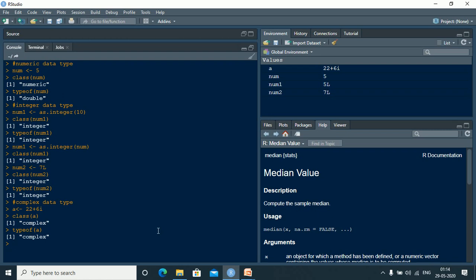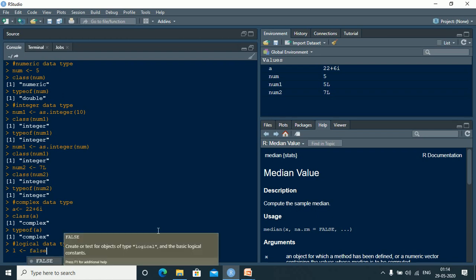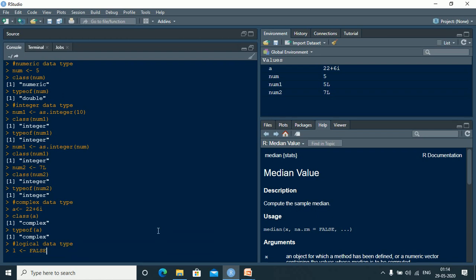Now next let us go to the logical data type. The next data type that you have is the logical data type. So let me create L and let me say FALSE. It has by default taken it in caps.